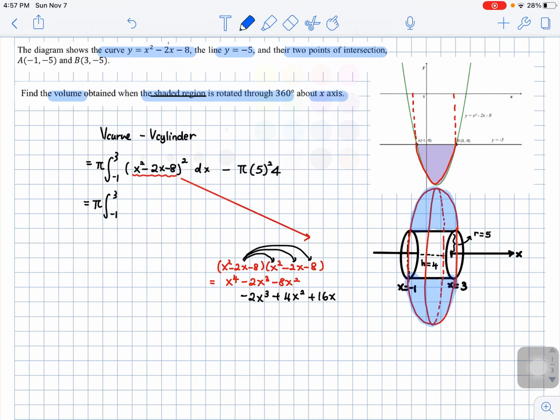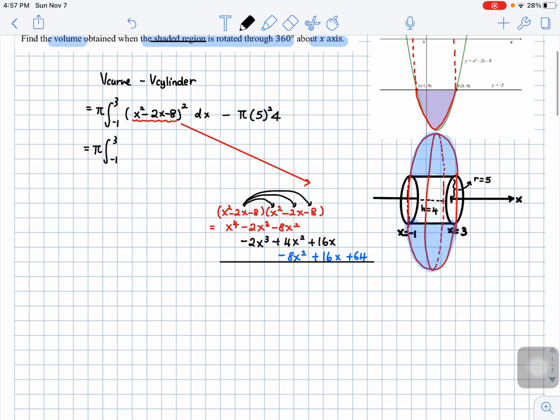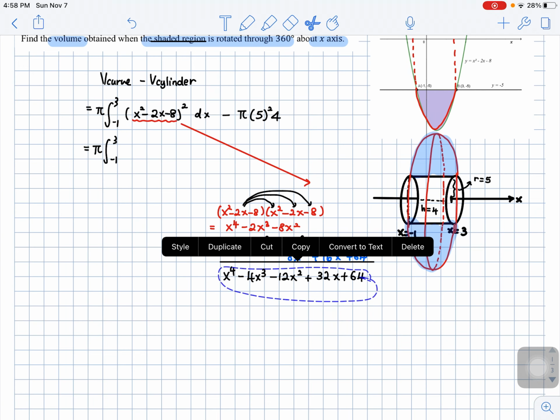I'm going to go to the last one now. If you see the way that I write, I try to pair the coefficients according to the variable. I have x power 4 and then for x cube, negative 12x squared. It's easy for me to do the operation when I write it like this. So let's go and integrate all of these